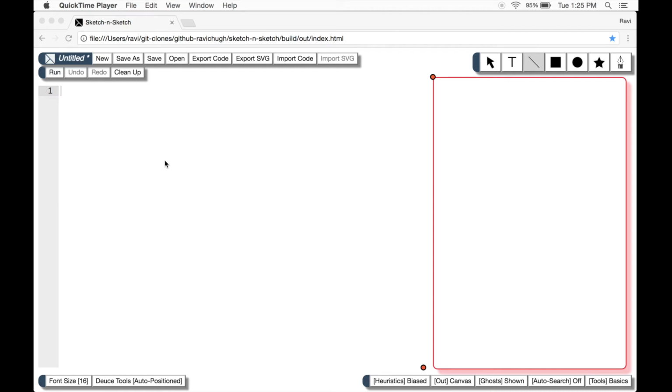We'll take a look at a new code editor called Deuce that augments normal text editing with direct manipulation features for performing structured program transformations. The new Deuce code editor, on the left, is implemented within the Sketch-n-Sketch interactive programming system for creating